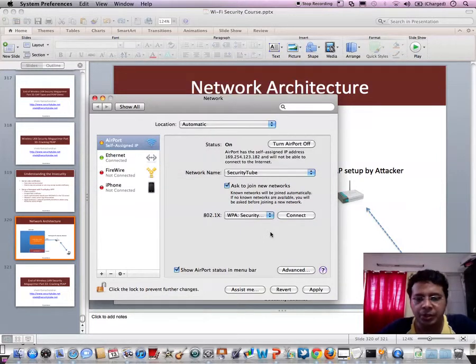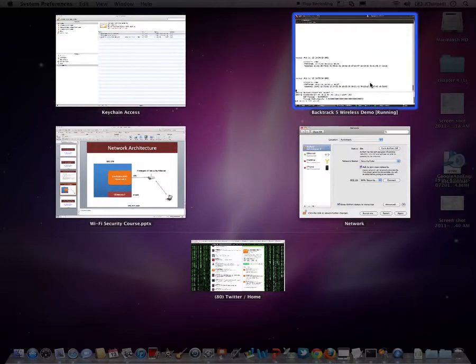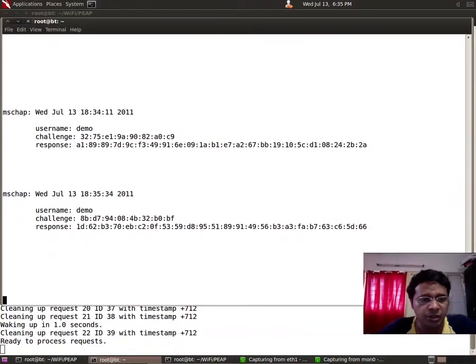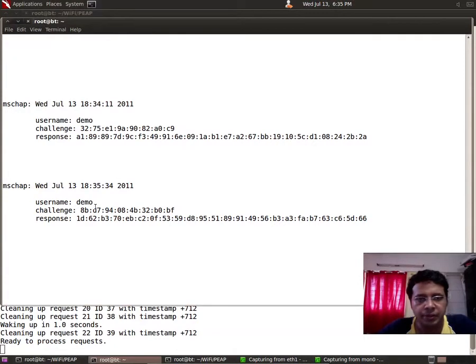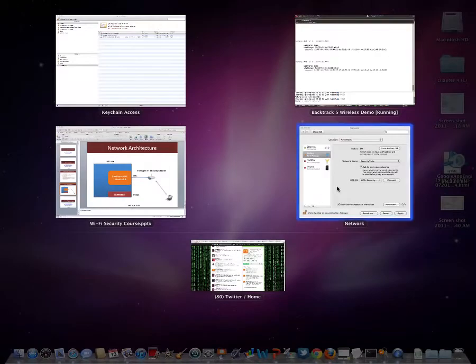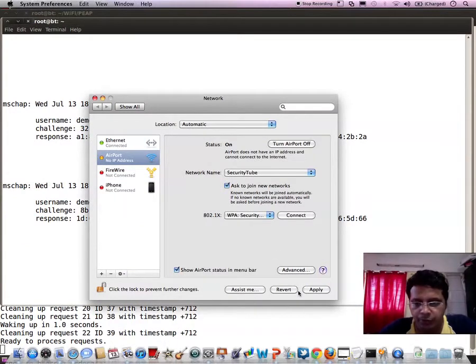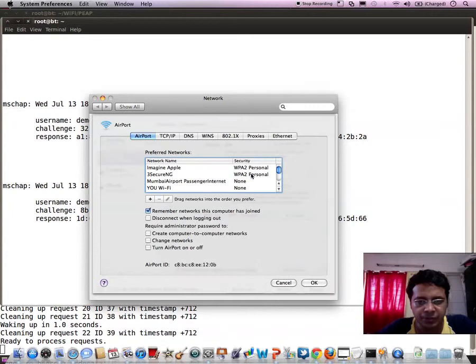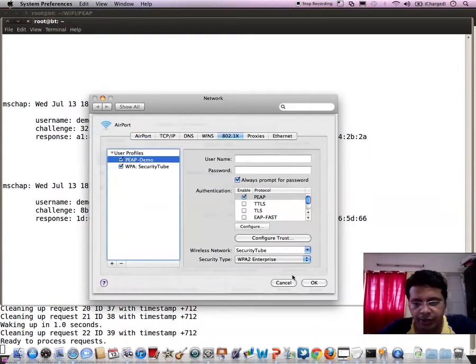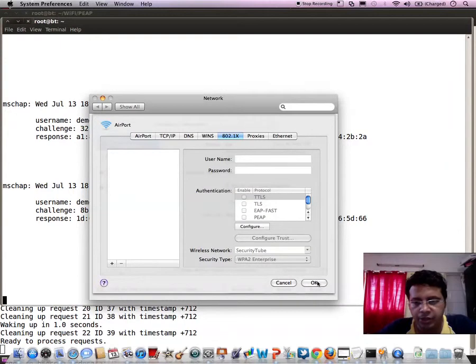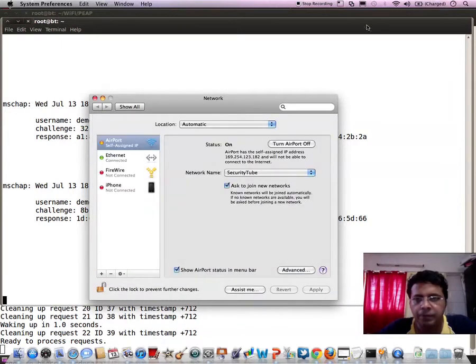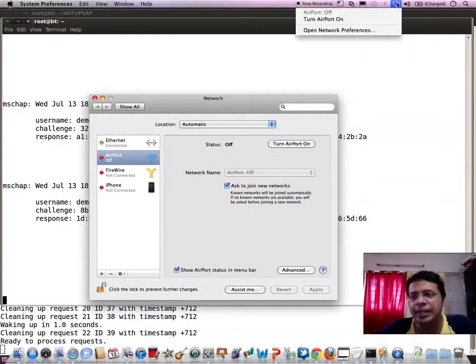It asks us for our username and password and actually tries to authenticate on its own using a username and a password, right? Once again, these two are something which the system is automatically using. So let's suppose that we do not have something created, so we voluntarily go ahead and remove both of these, right? What is actually happening is that it is ending up using this profile instead of the other one. Let's click OK, apply, and now let's bring up our interface again and have the user manually enter